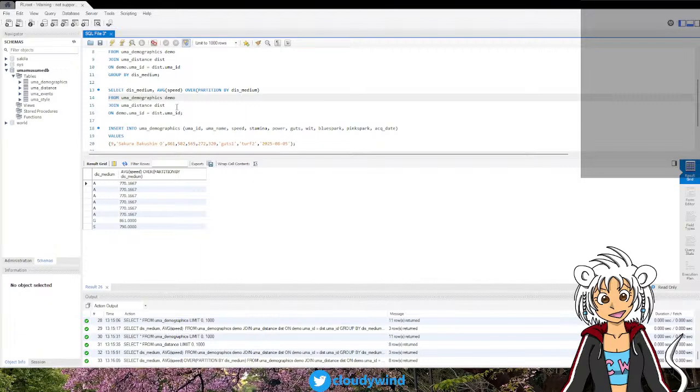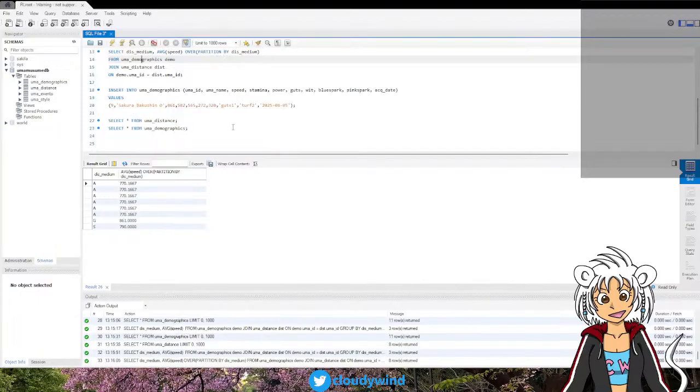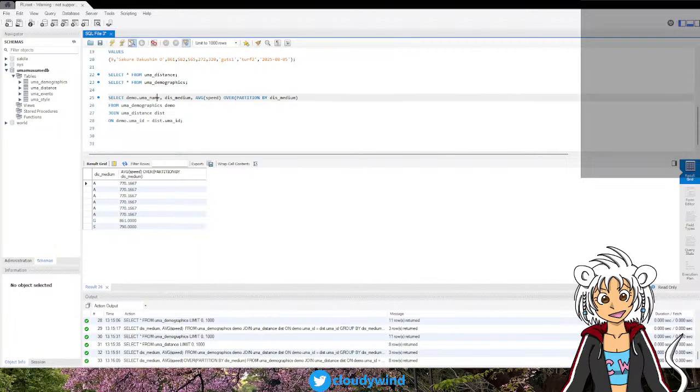Okay, so how can this be useful? Because now this is just nonsense, because it's just repeating the Umas, the records. So how do we make it useful? We can make it more useful by adding more columns, and that is actually the reason why we use partition. So what we can do is, okay, if we run this,